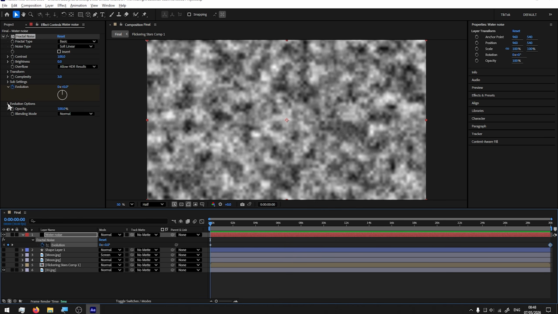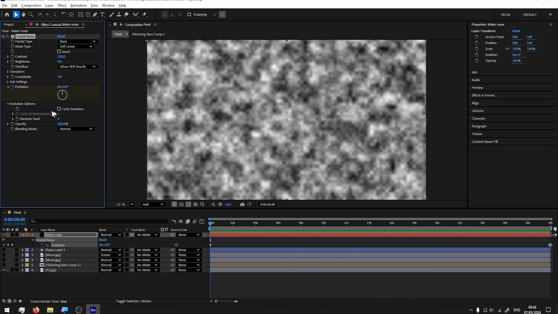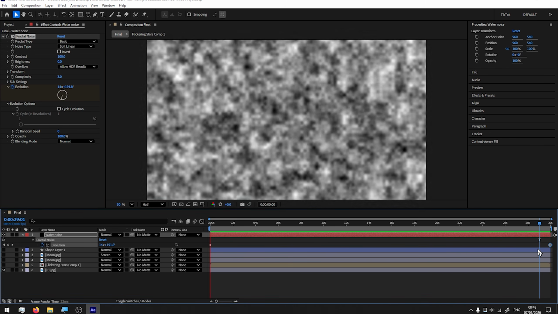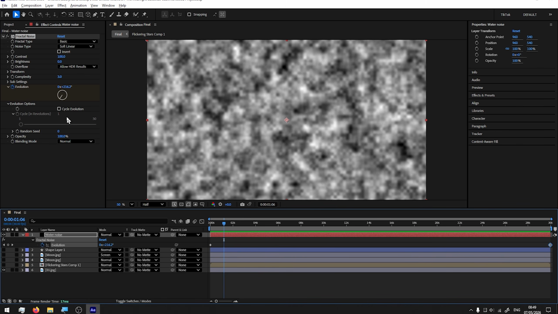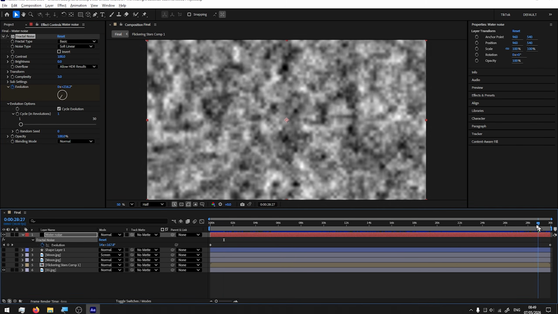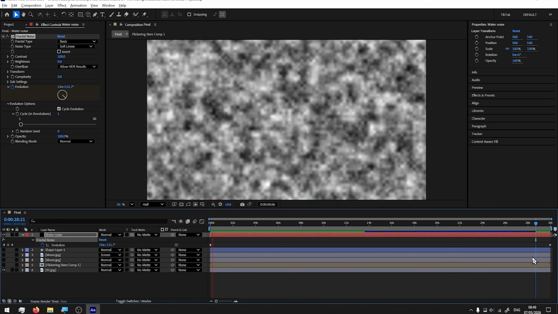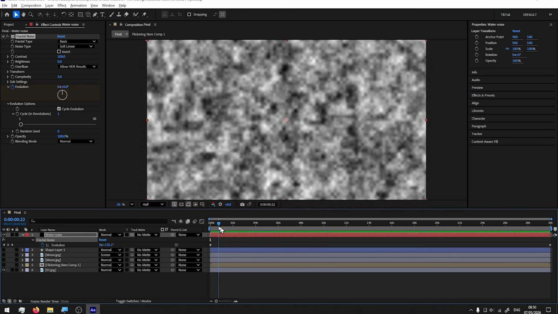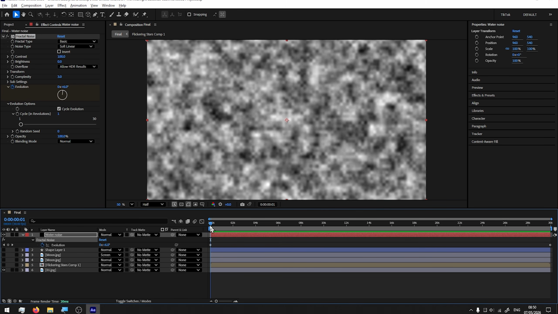Then we go to evolution options, and there is the cycle evolution. If you take the time indicator just before the end, you play it, it's a clear jump. So fractal noise saves us time when we want to loop things. Check cycle evolution, you play the end, and you will see what a smooth transition. But I would like to mention one thing, that if now I drag the time indicator faster, if you pay attention to the noise,